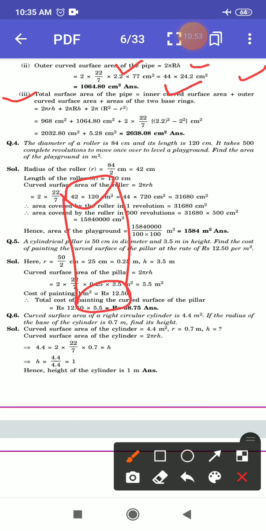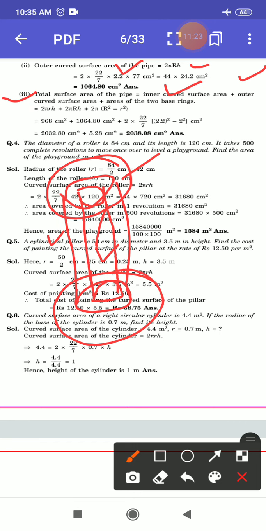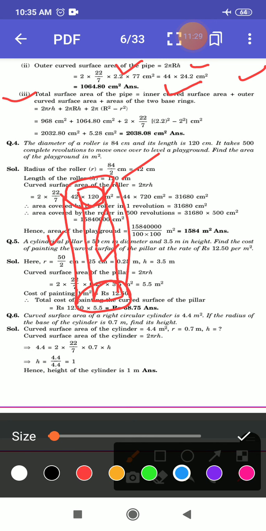Okay, so here the pipe is hollow, so another pipe is made internally. So here two pipes are there, one inner and one outer. At that time you have to add the inner and outer surface area, and then you have to add the area of this and the area of this. That means I explain again what value you have to add here: the area of this and the area of this.